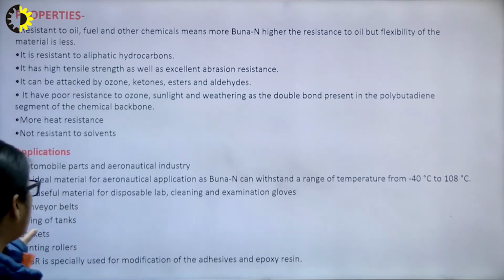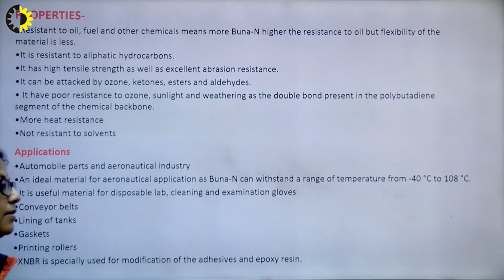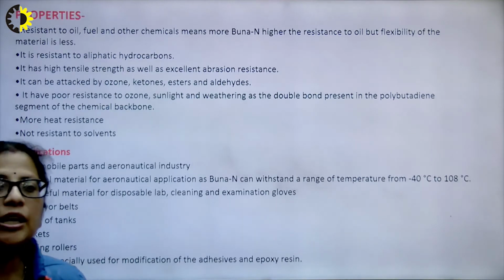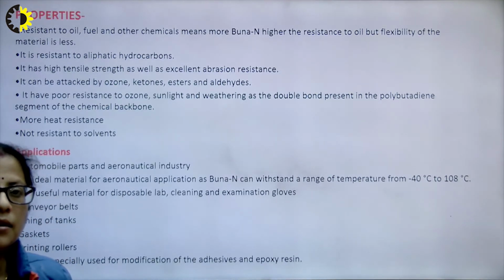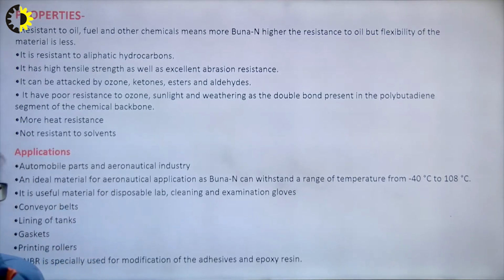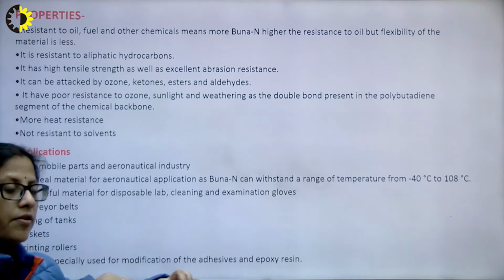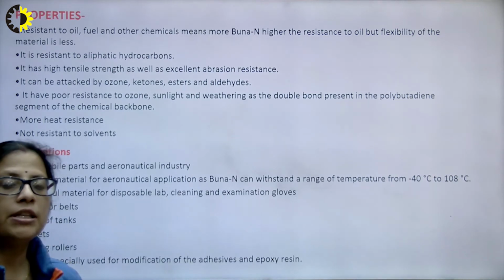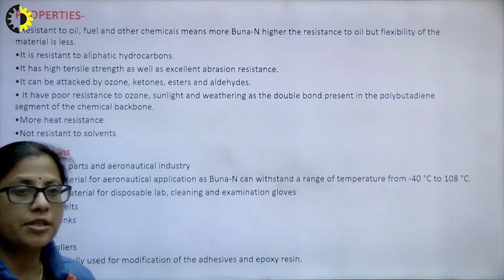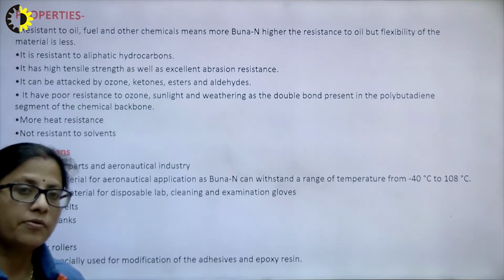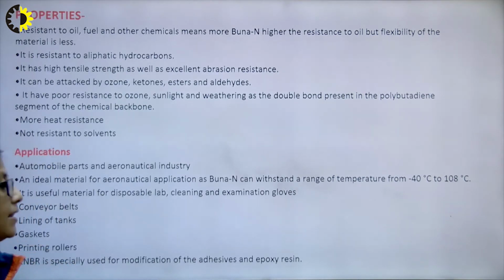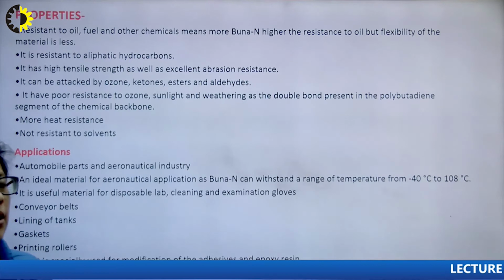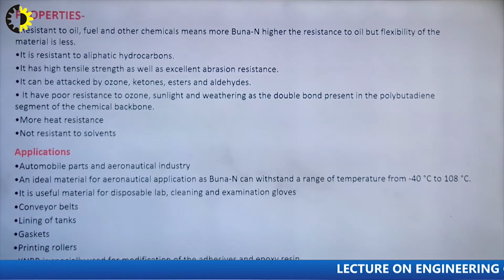It is again used in conveyor belts. Then it is used as lining of tanks and as gaskets. By gaskets, I mean circular pieces of rubber, and they are used for the sealing of two metallic surfaces so that the air does not pass out of it, just like in the case of pressure cookers. Then this Buna N is also used in printing rollers,